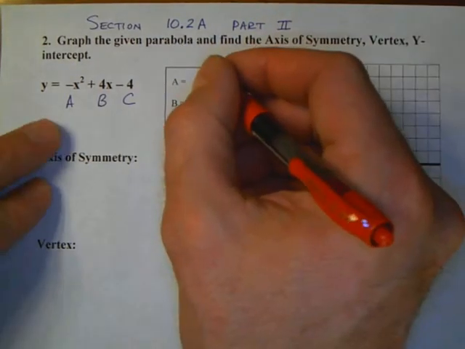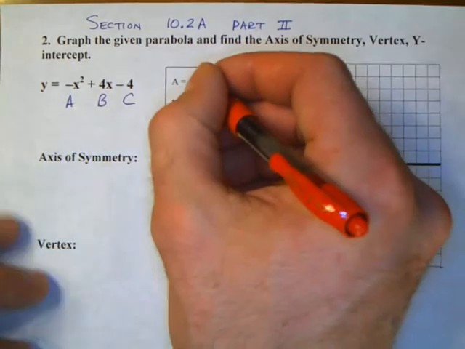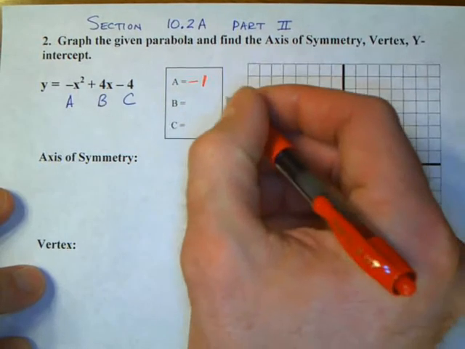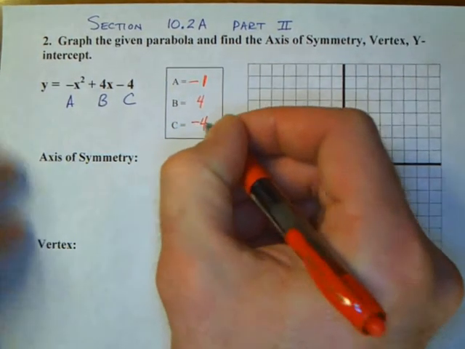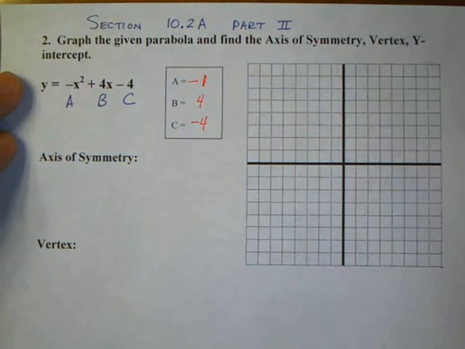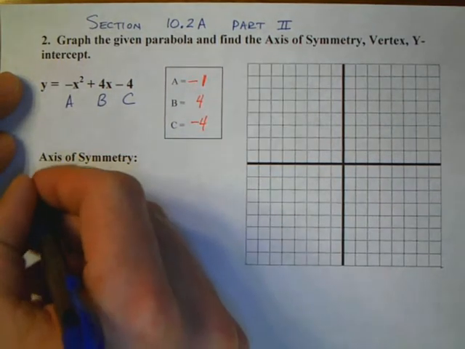His name's Weedy. Weedy, what's the value of a on this one? -1. All right, -1. And the value of b? 4. And the value of c? -4. All right, so we take those three values that Weedy has given us, and we're going to try to